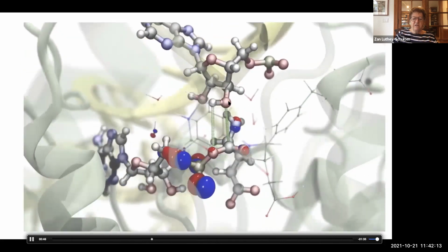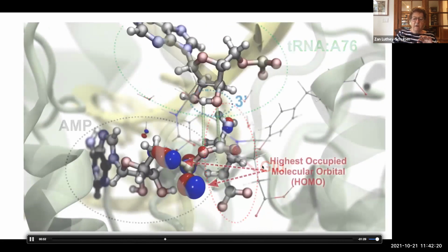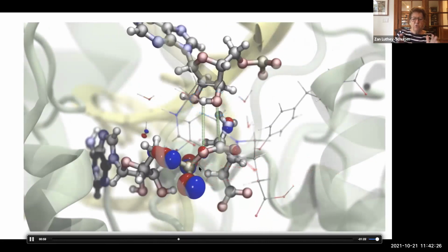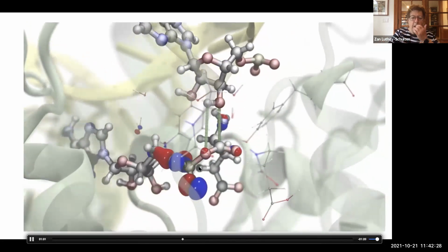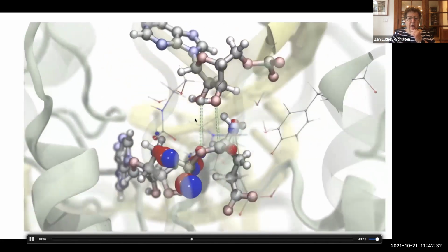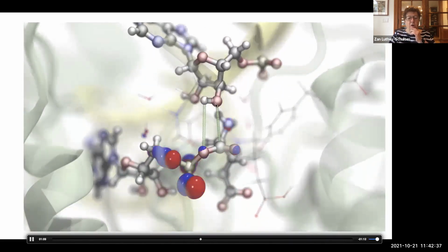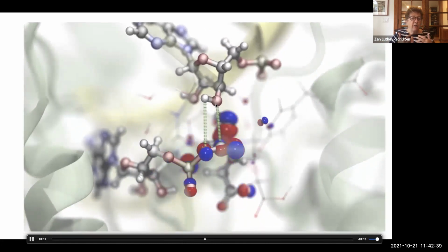We're looking at this last step where you're dealing with an adenylate. The glutamate has already reacted with an ATP, so you have an AMP moiety connected to it and the amino acid moiety. And here's the final CCA on the tRNA. What has to happen is the amino acid has to go over here onto either the 2' OH or